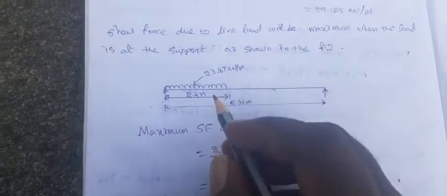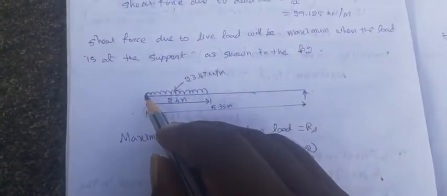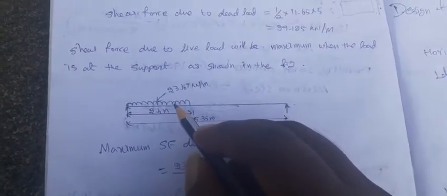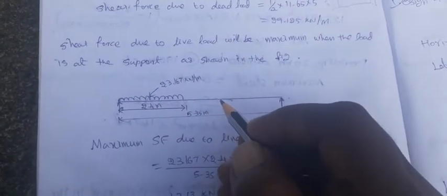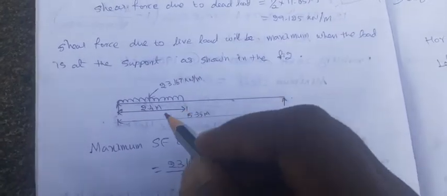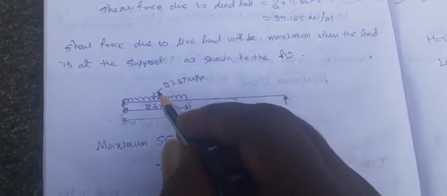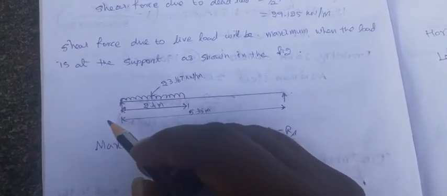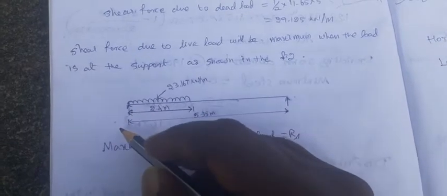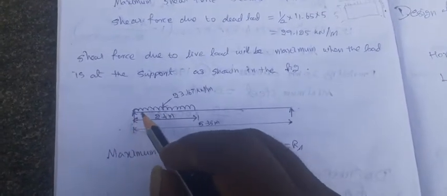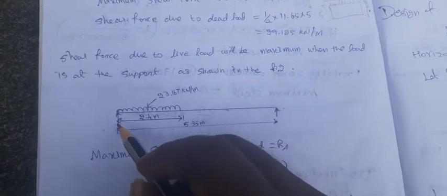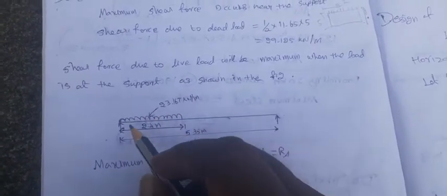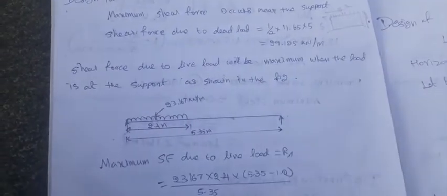Already we know the live load is a moving load. So moving loads will move from the left side to the right side. For the maximum bending moment condition, we place the live load in the middle section. But in this case we are finding the maximum shear. So we know maximum shear will occur when the load is near the supports, or otherwise the maximum shear force occurs at the support sections. That's why I am placing it like this from the ILD diagrams. If I place the load like this, then we have the maximum shear force.